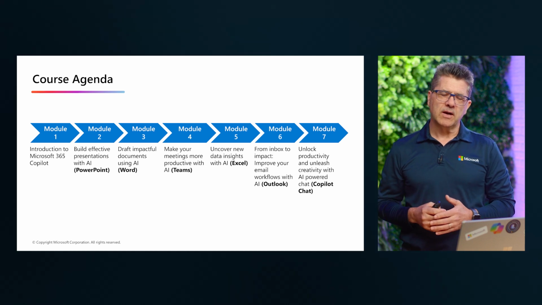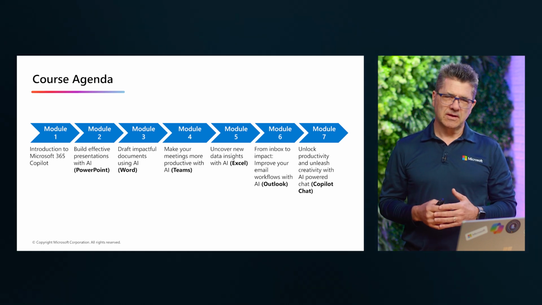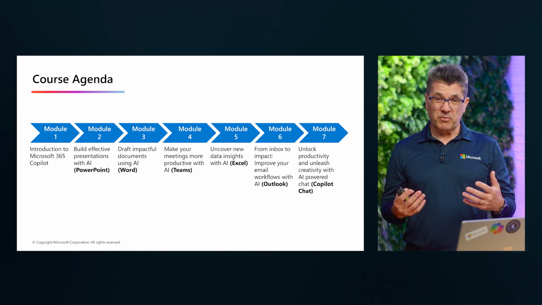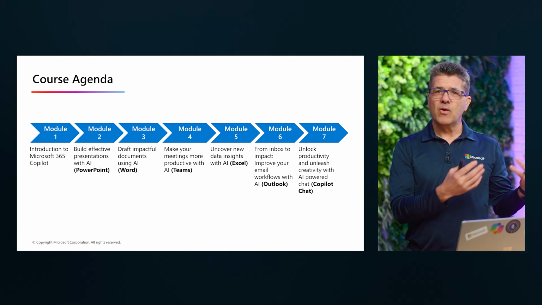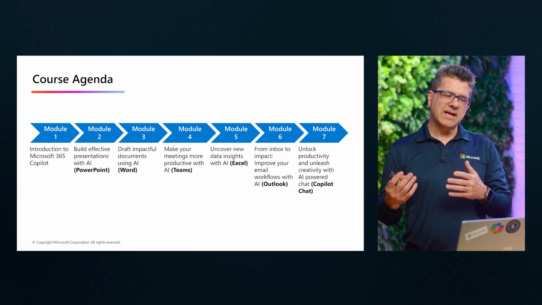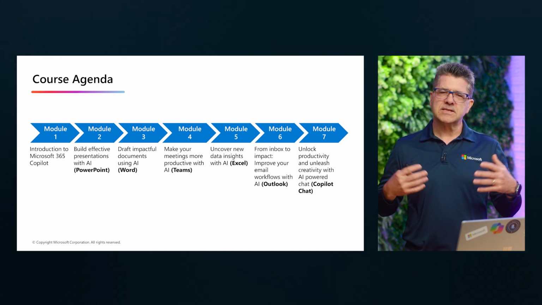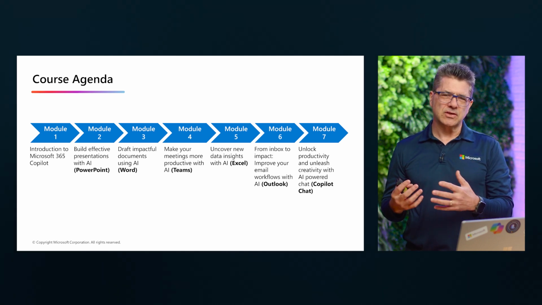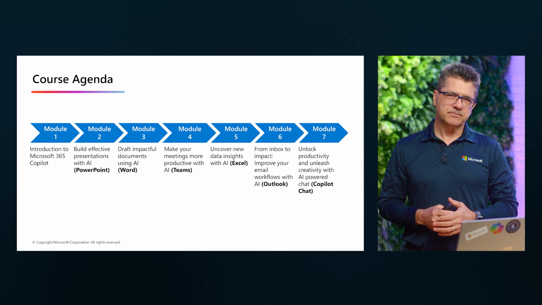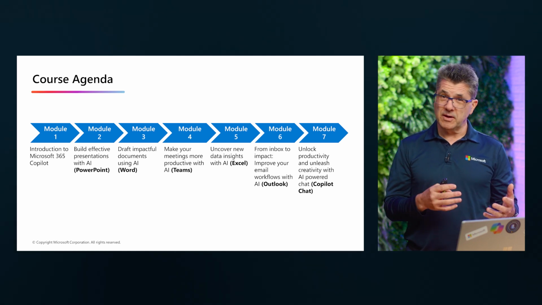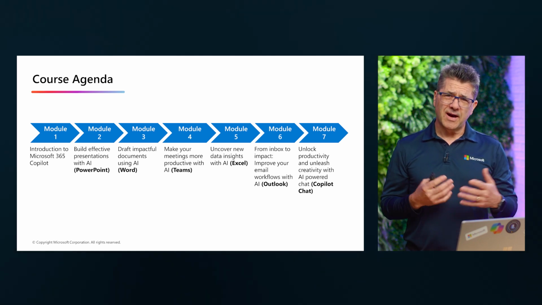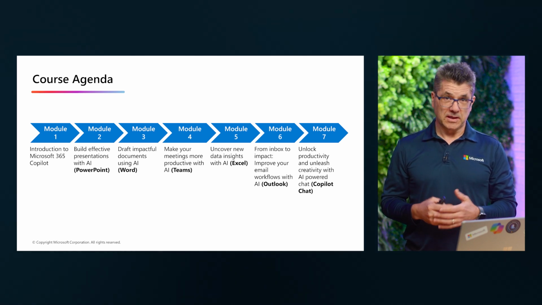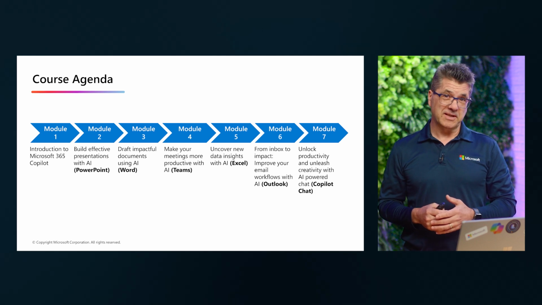Then on module number 4, we are going to dive into Teams. I like Teams because now, if I go into a meeting and I missed a point, I can just ask Copilot, hey, what did I miss? What did Elias say in the last 30 minutes or so? I can summarize my meetings, I can have a conversation, and I can extract actionable items out of my meetings. Very powerful. And also during the meeting, when I'm having a conversation, I can ask to make my comments even smarter. We're going to see that.